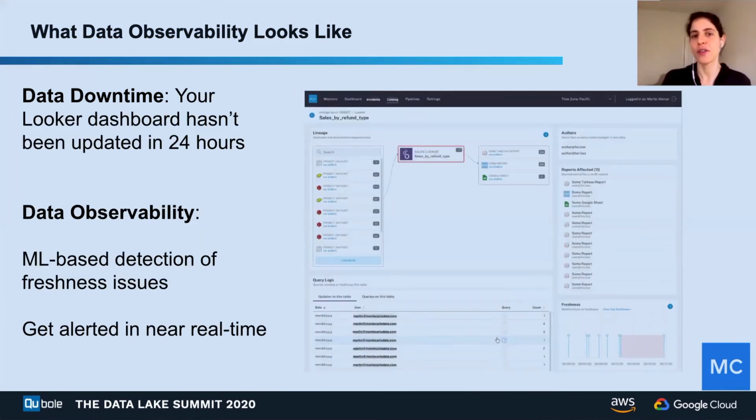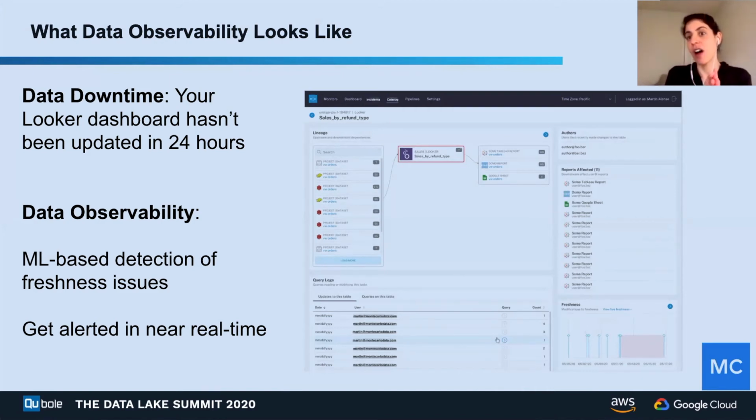So let's look at another example. A very common example is when a specific dashboard hasn't been updated in 24 hours, and potentially you didn't set a specific threshold or test for that dashboard. Maybe the dashboard itself is fine, but an upstream source hasn't been updated, something upstream that's feeding that report that you're not aware of yet has a delay.